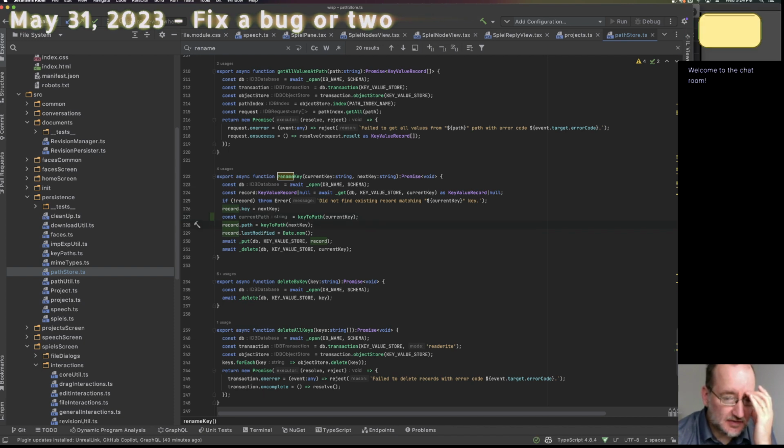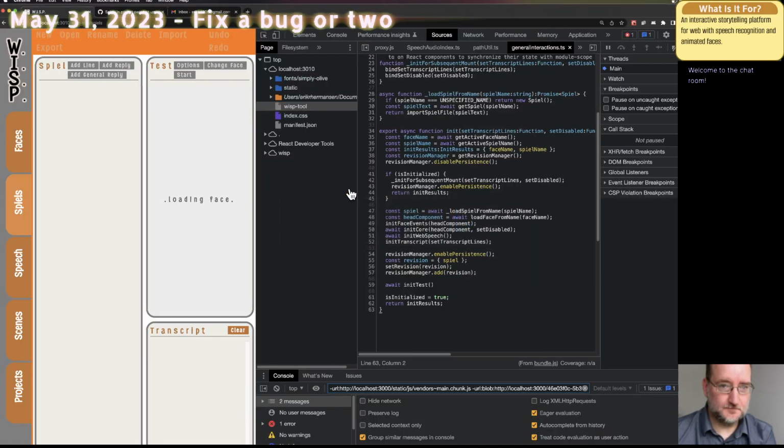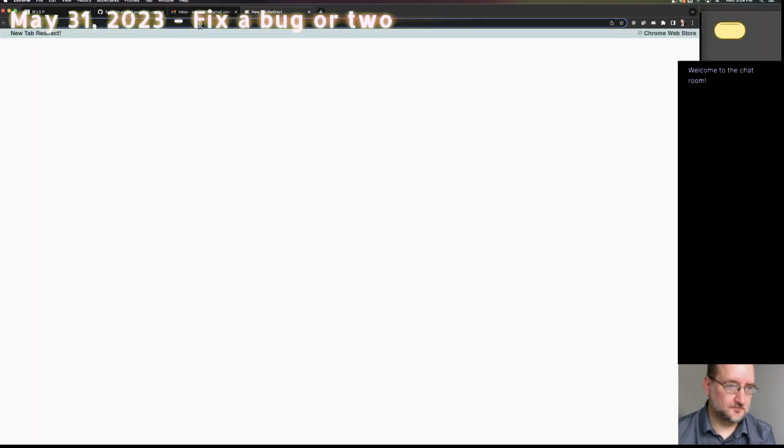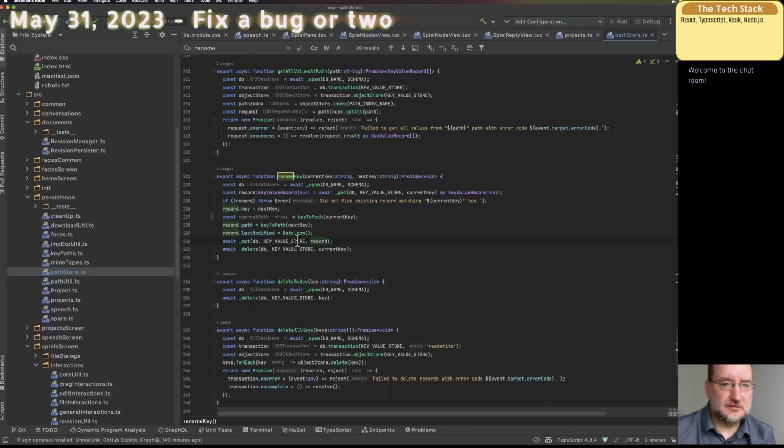Can I rename a key without having to restore the record? Because that could be a spendy operation. Ooh, but the paths are going to change too. So I will in effect need to go through and restore everything. Okay, the path. Yeah, okay, got it.